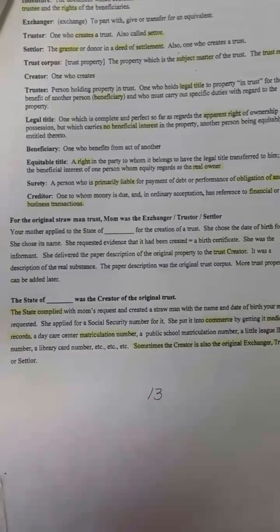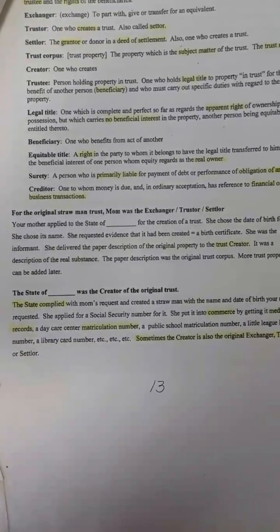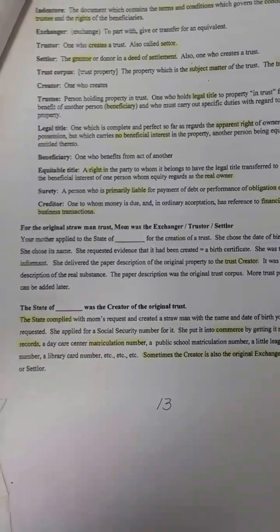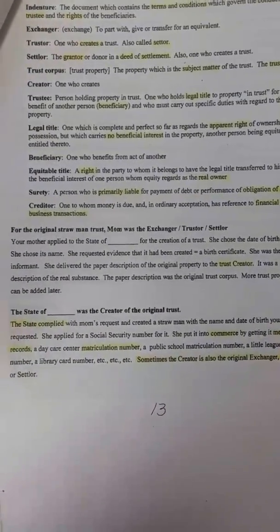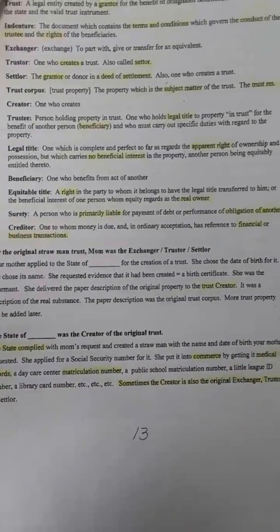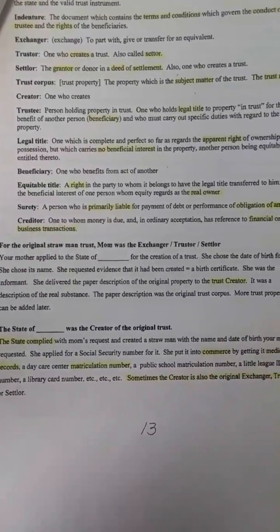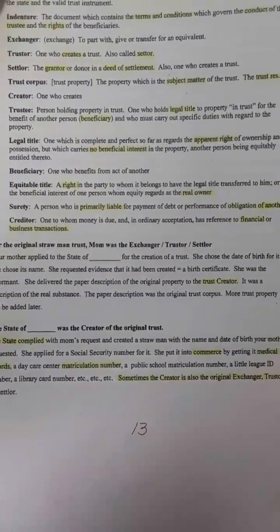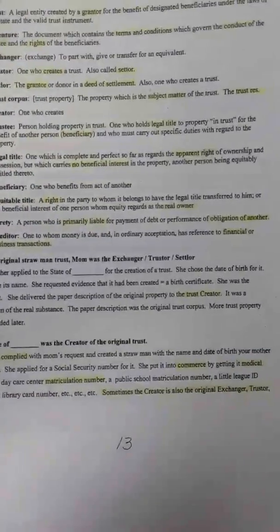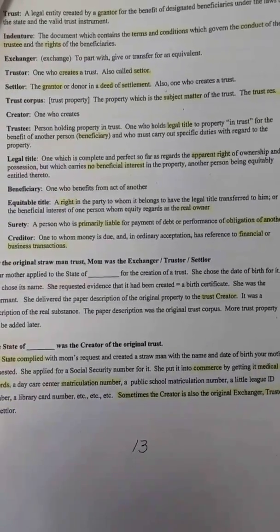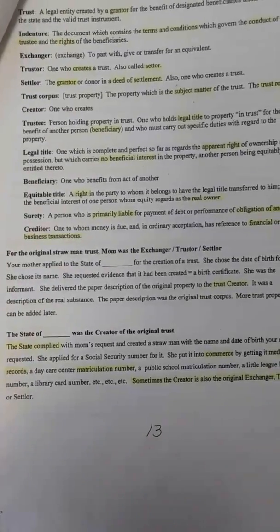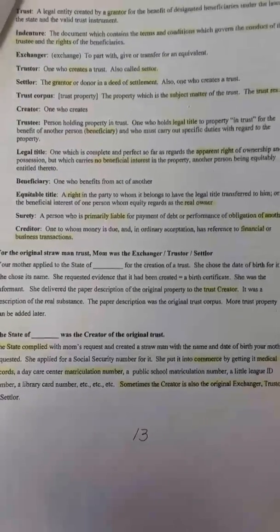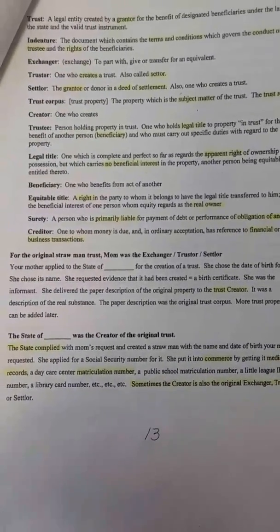For the original straw man trust, mom was the exchanger. So we just went over exchanger up there, okay? Truster, setter. Your mother applied to the state of whatever state you're from for the creation of a trust. She chose the date of birth for it. She chose its name. She requested evidence that it has been created, equals a birth certificate. That's the evidence. She was the informant. She delivered the paper description of the original property to the trust creator, right, which is the state or the